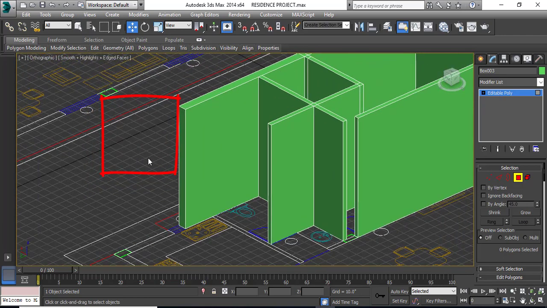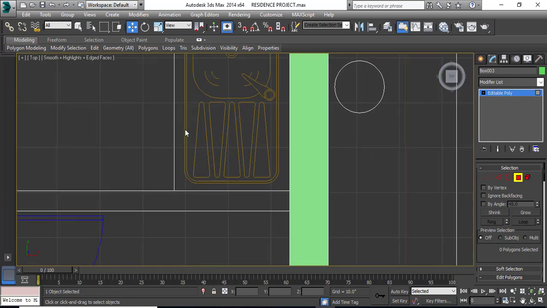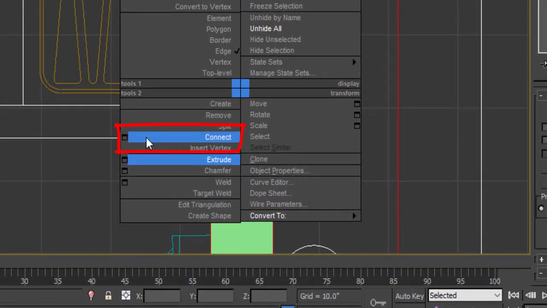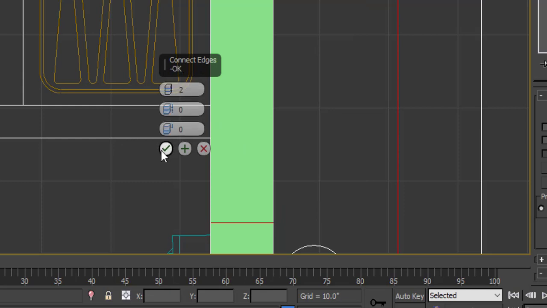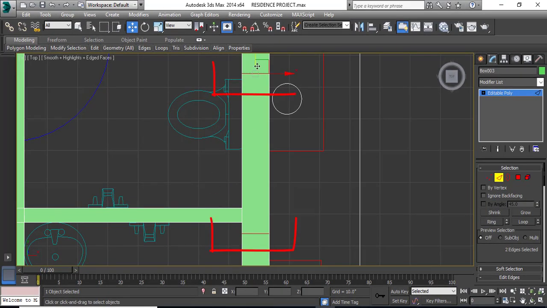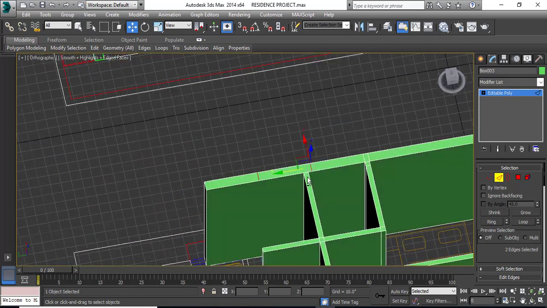For that, go to top view, go to this part where we need to create, go to edges, select the horizontal edges of the wall, right click on it, connect. The similar way, my number is already there and I'll just click OK. So these are the two new edges. We'll go to perspective and see if it is done okay.